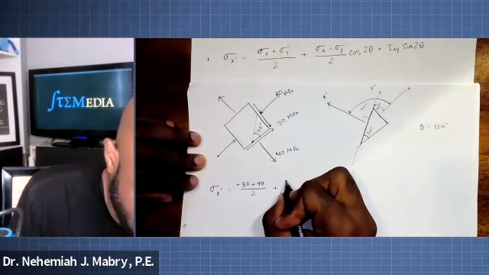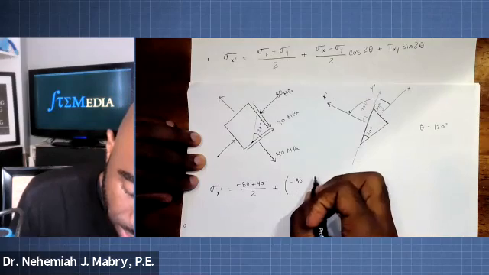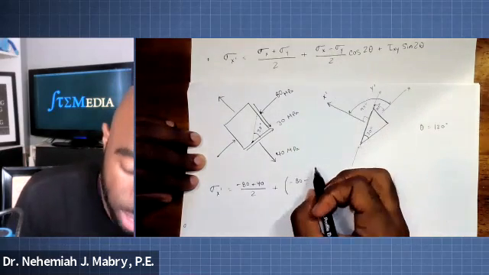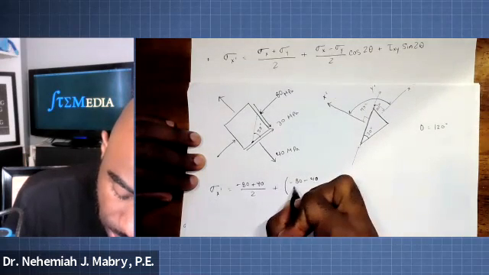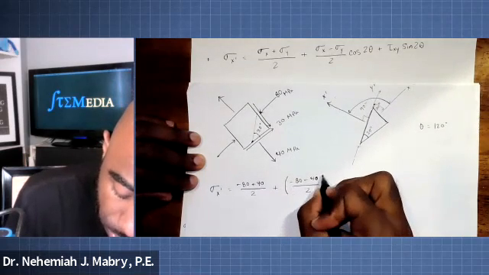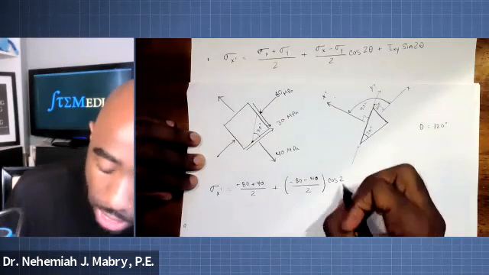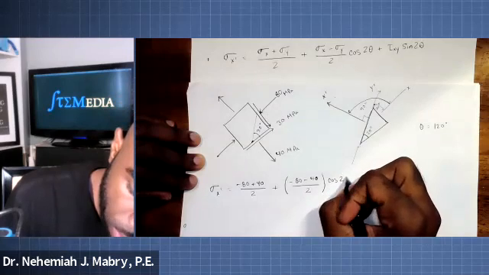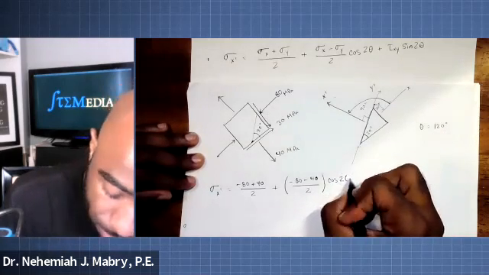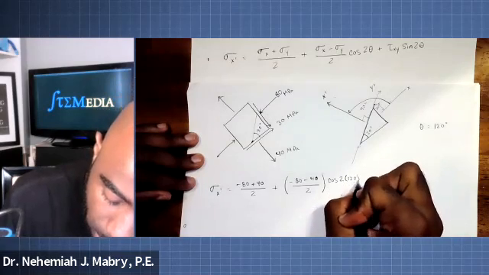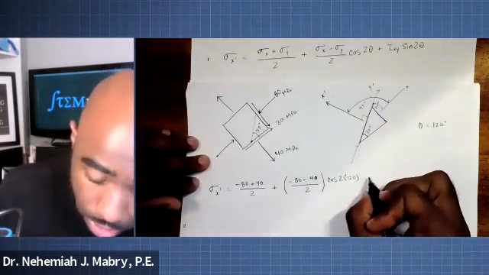Plus, we also have, in this case, a negative 80 minus, because that's what the equation says, sigma sub y, which is 40. That's going to be over 2. Cosine 2 times the angle of 120. That is correct. Which I could have went ahead and multiplied and made 240, but we'll keep it right there for now. Plus,